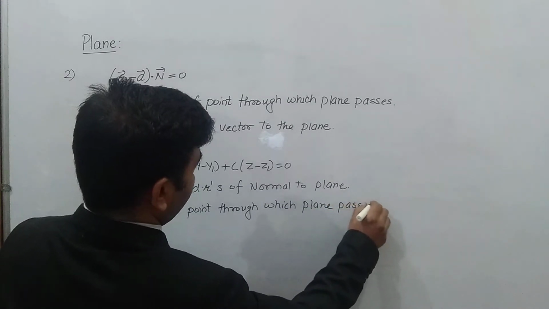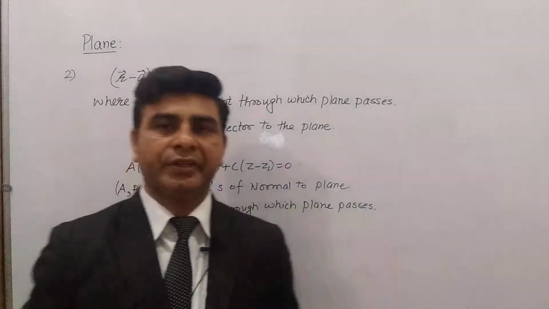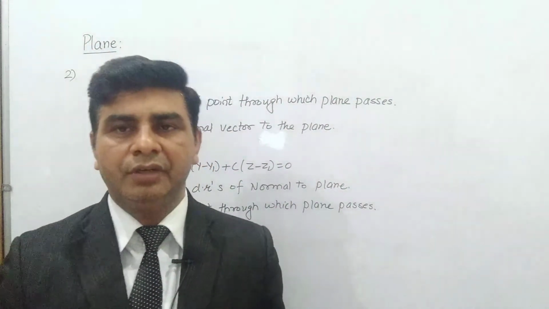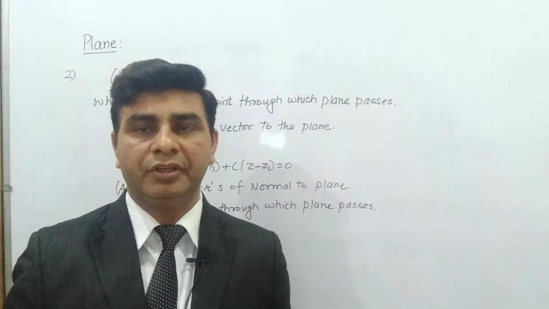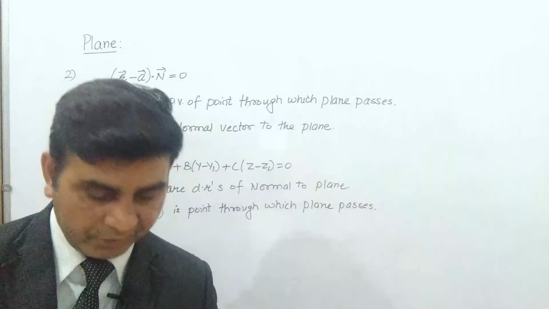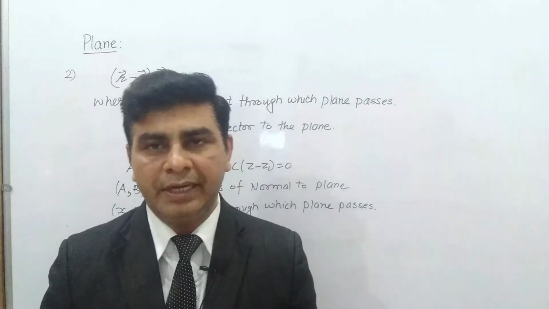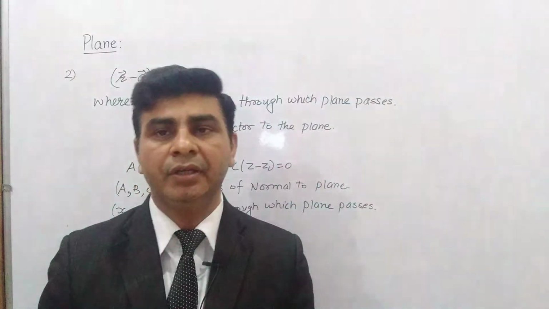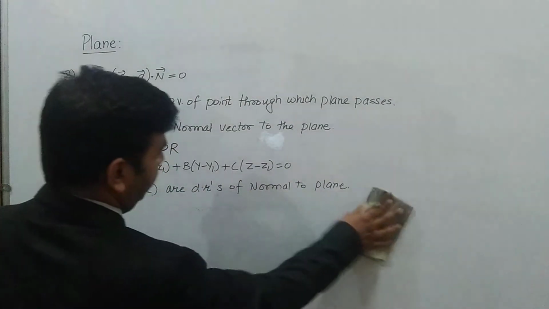So this was the second case actually, जब आपको एक पॉइंट दिया होता है और आपको नॉर्मल वेक्टर गिवन होता है. Now let's see the third case. The third case in which plane is passing through three non-collinear points. अब हम वो इक्वेशन ऑफ प्लेन निकालते हैं जिसके अंदर प्लेन डायरेक्ट 3 पॉइंट से पास करता है और ये तीनों पॉइंट्स हमारे नॉन कोलिनियर होते हैं. इन दैट केस व्हाट विल बी द इक्वेशन ऑफ प्लेन? लेट मी राइट डाउन.